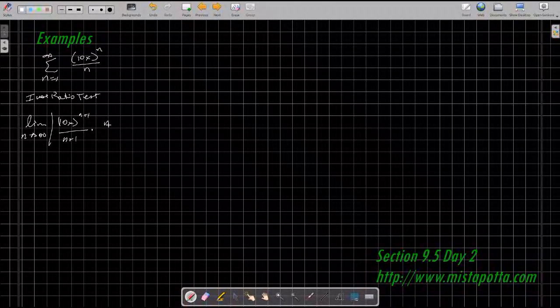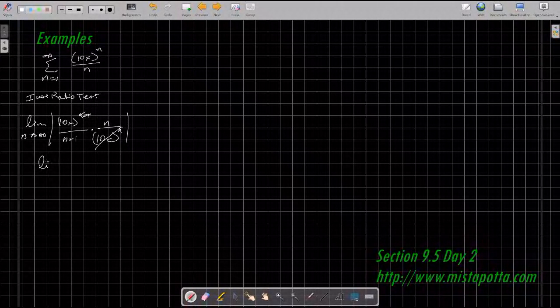So that means I'm going to have n in the numerator and 10x to the n in the denominator. So looking at this and simplifying this algebraically, all of these terms will eliminate all but one of these terms